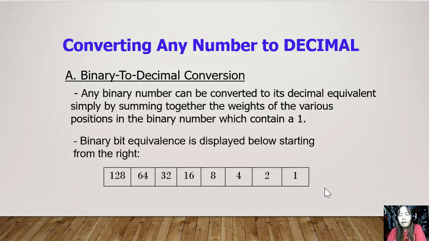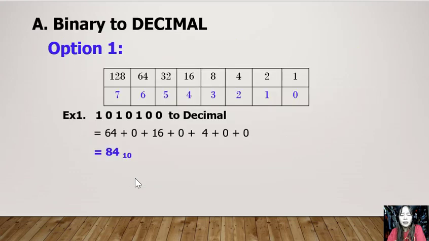If you're having a hard time remembering that, you can just multiply 1 by 2, and then 2 times 2 is 4, 4 times 2 is 8, 8 times 2 is 16, 16 times 2 is 32, 32 times 2 is 64, 64 times 2 is 128, and the list goes on and on. So just multiply by 2. To help you understand this, let me give you an example. Let's say you're trying to convert